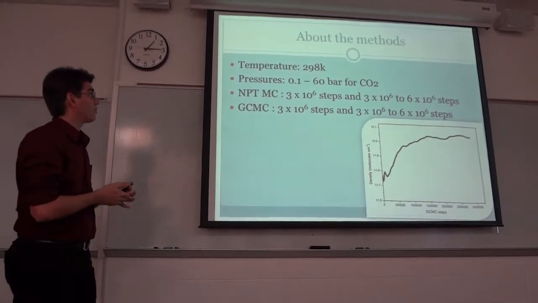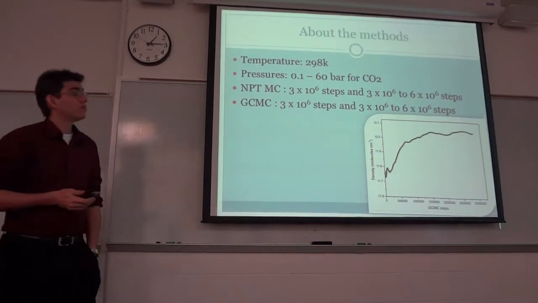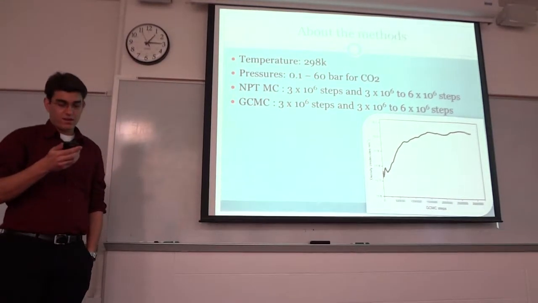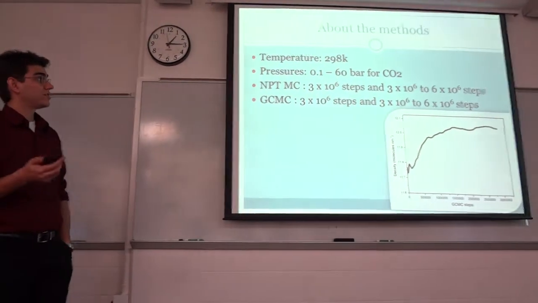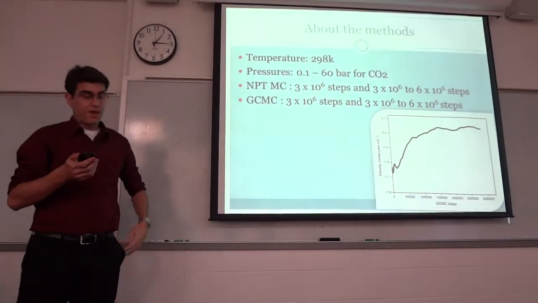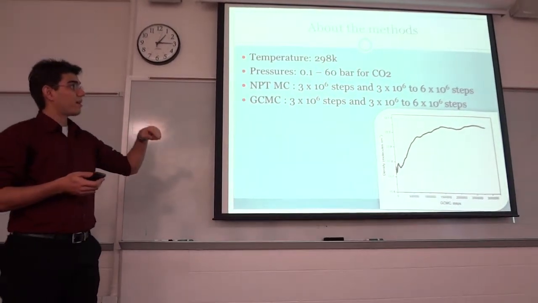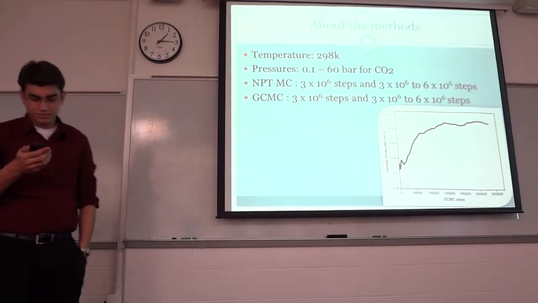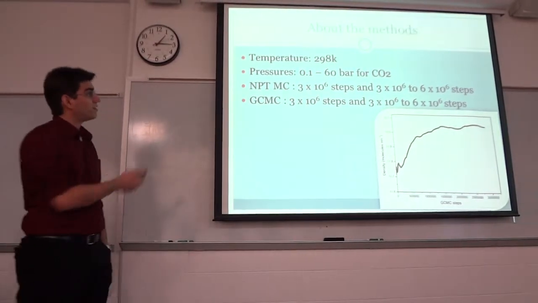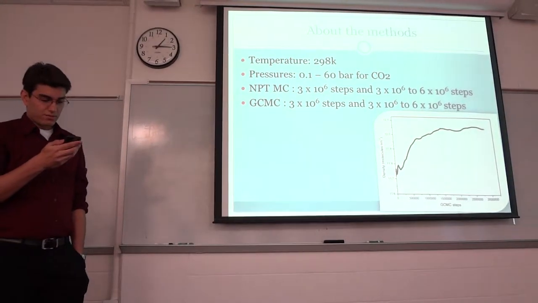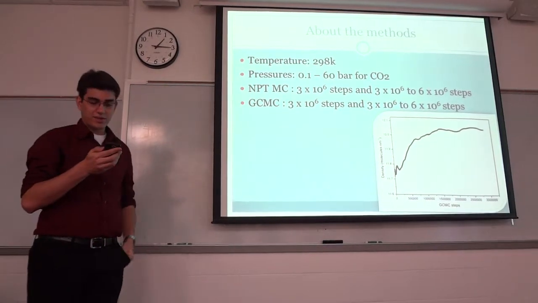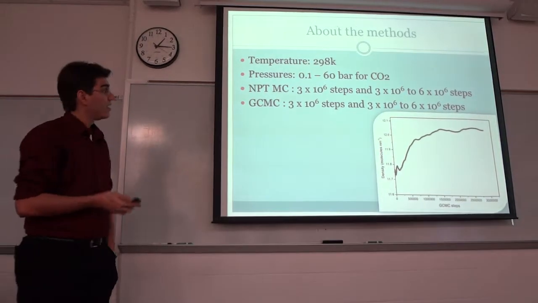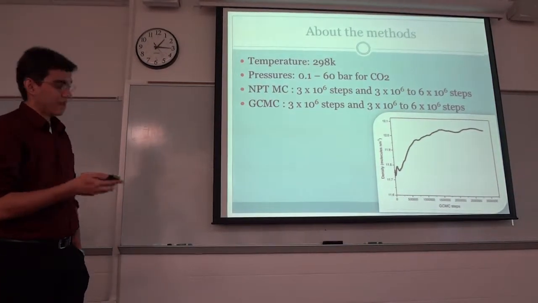The simulations were performed at 298 Kelvin and different pressures in the range from 0.1 to 60 bars for CO2 and up to 18 bars for CO and CH4. They run 3 million steps for each NPT simulation to obtain equilibrium, and additionally 3 to 6 million steps